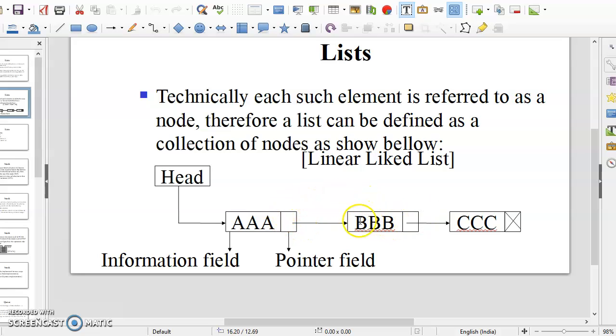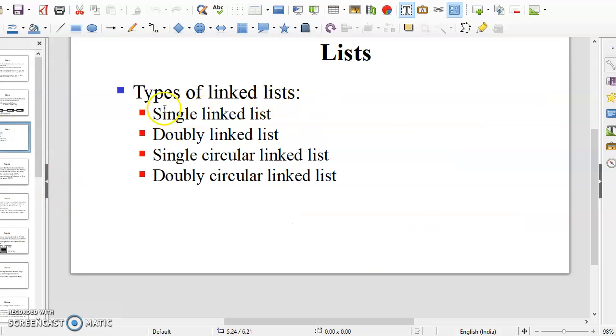Next, this is the data of BBB, and this stores the address of CCC. So the first part is the data and the next part is the address of the next node in the list. The types of linked lists are single linked list, doubly linked list, single circular linked list, and doubly circular linked list.